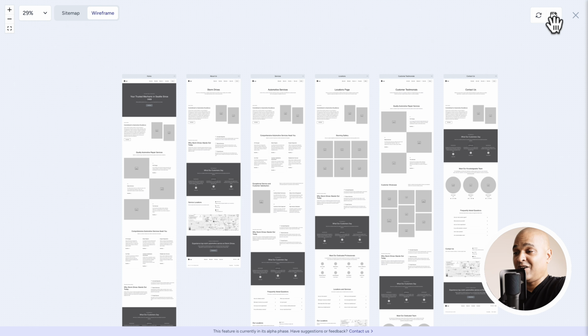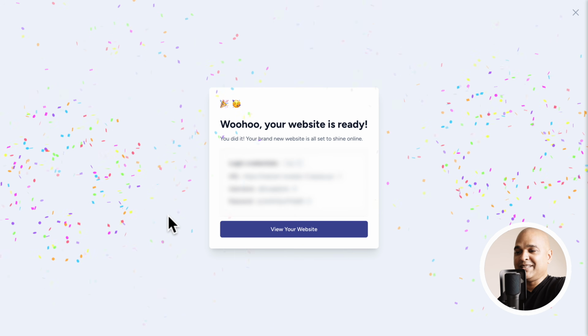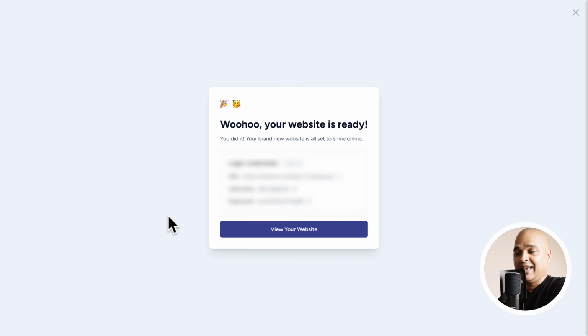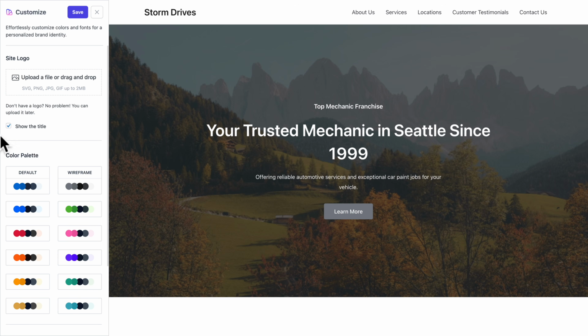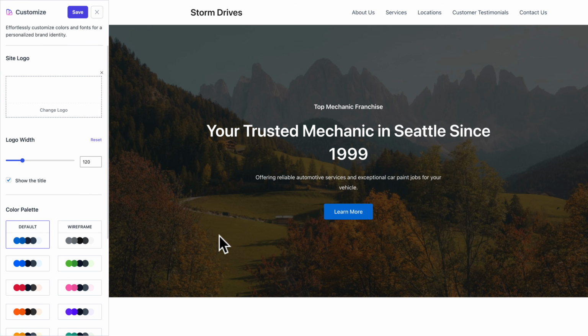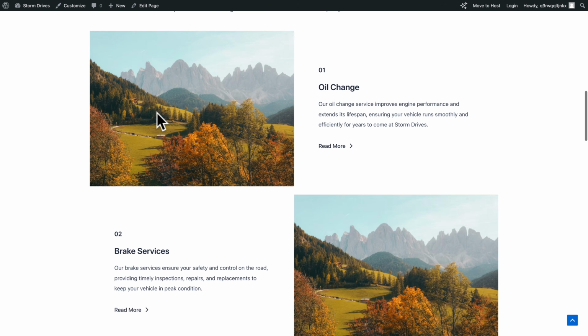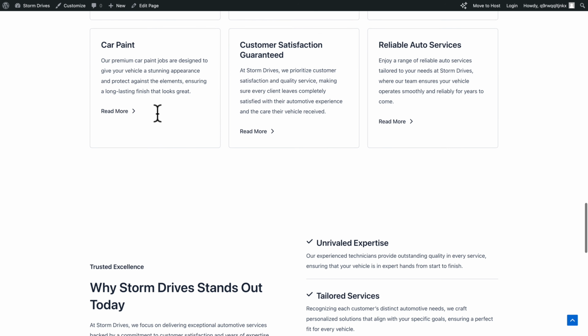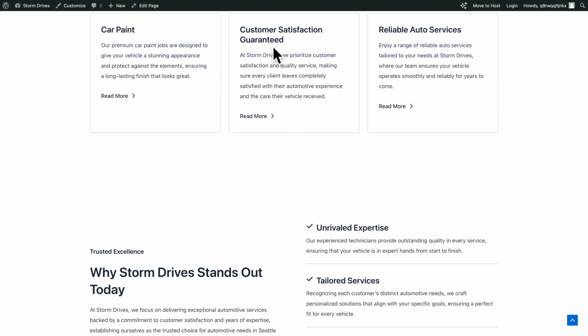And once I'm ready, all I need to do is click on Create Website. Then click on Start Building, and there you go. And it took less than 30 seconds. And we have the foundation for our website. If I click on View Your Website, once again, you know this, I can choose my logo, choose my color palette, and now I have all the sections that were built by the AI, but the text is already related to our